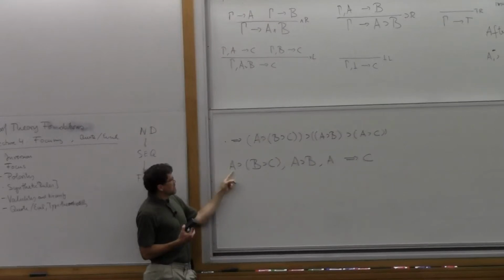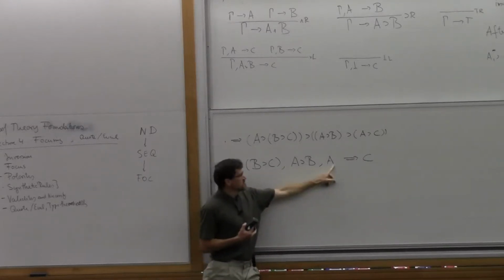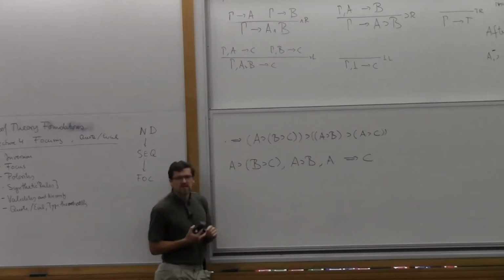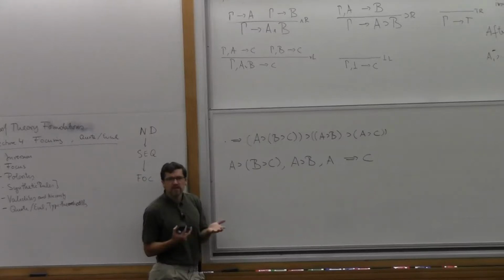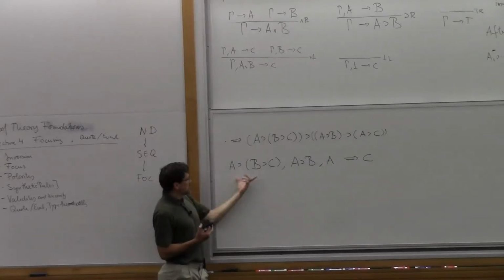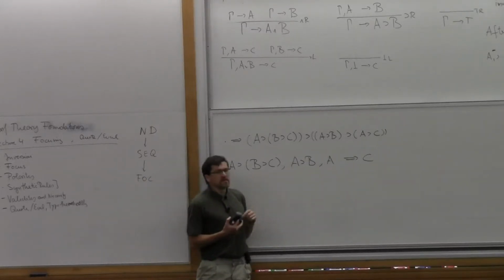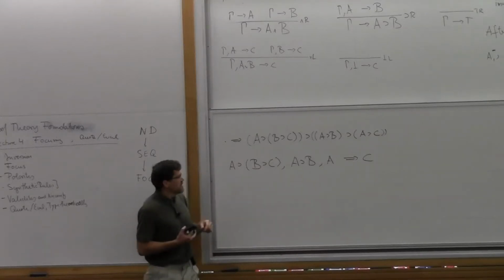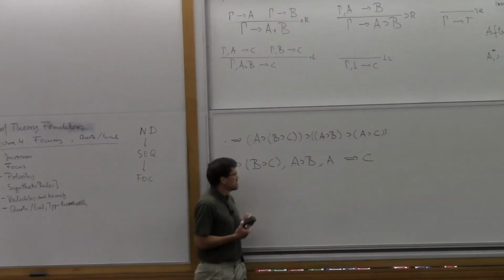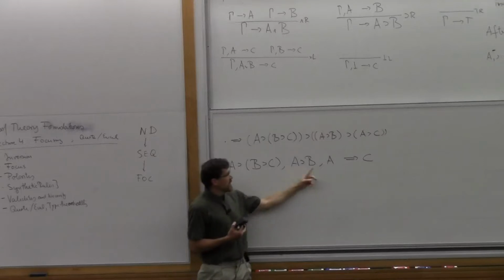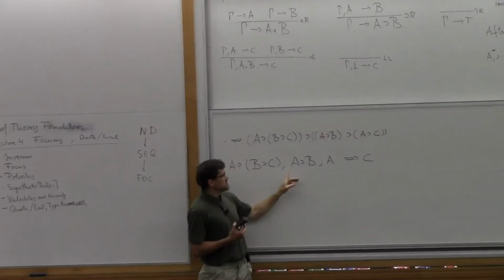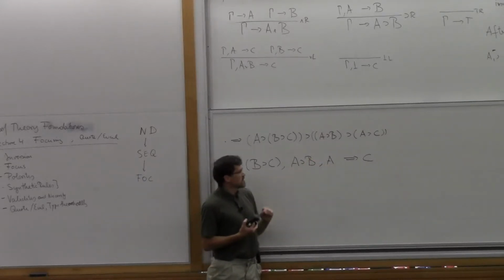Okay, so the one sub-goal would be to prove A, and the other sub-goal would be from B implies C, and the remaining assumptions we prove C. Still seems possible, right? So we haven't given anything away. So we could apply left rule here, we could apply left rule here. Now let's say we apply the left rule here. So now from A we can prove A, so proving this is very easy. And then we add B to our context.